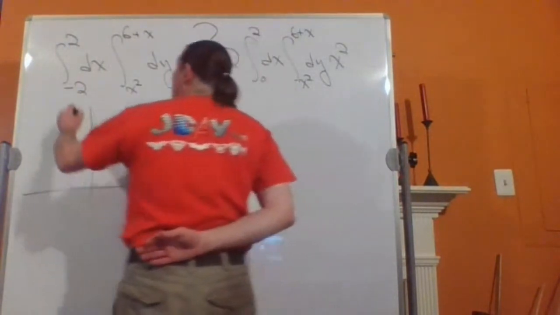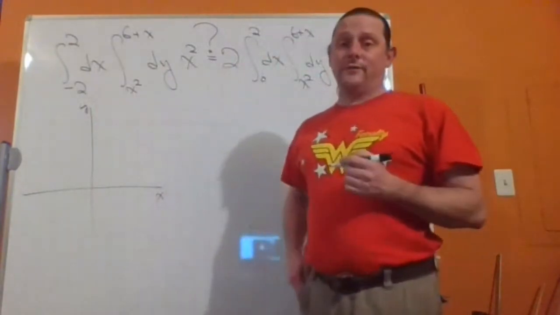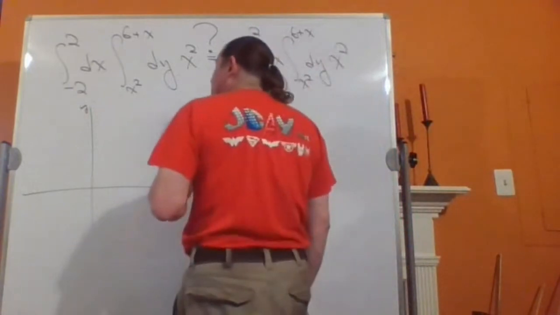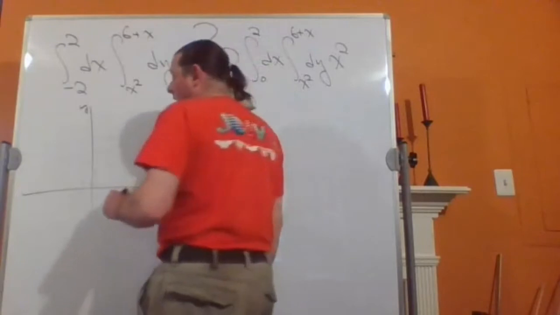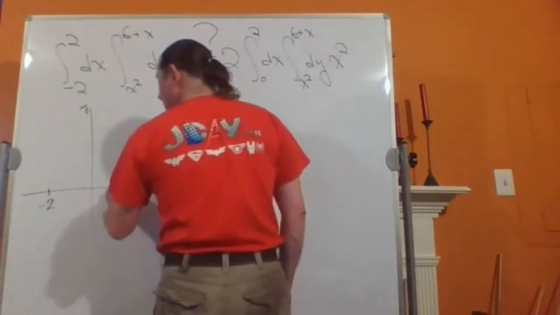Remember, the integrand being symmetric is not good enough. Okay? We need the region to be symmetric as well. X is going from -2 to +2,